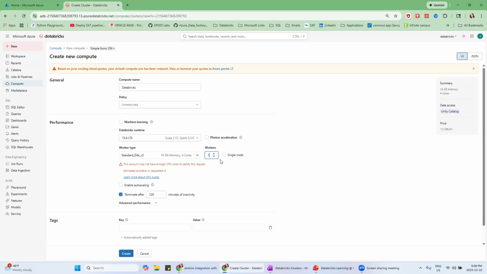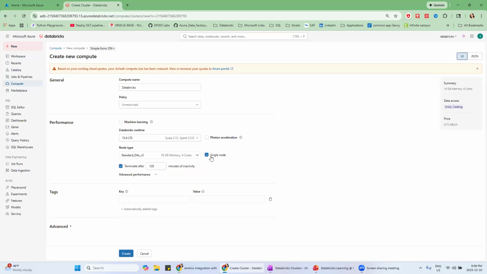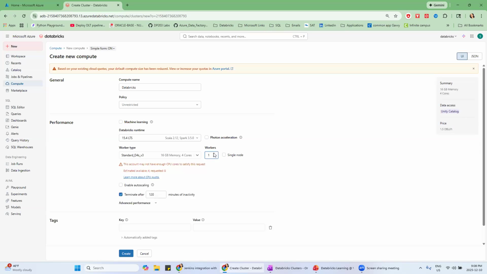Okay, so I'm just explaining here that this is a single node, and if you don't select it, you can always have one or more than one computer here. And the memory and everything, you can just select from here. So what happens is, if I uncheck this, the next one is